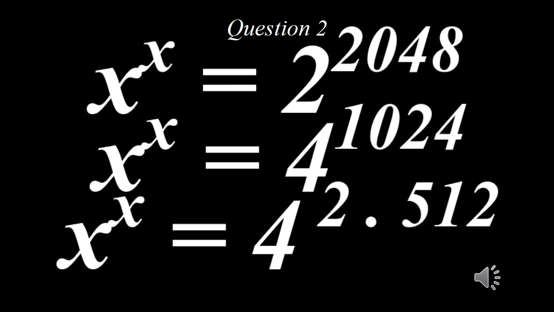Then if we break down 1024 again, that is divided by 2, and raise the 2 to power of 4, then we have x raised to power x equals 4 raised to power 2 multiplied by 512. So the 4 raised to power 2